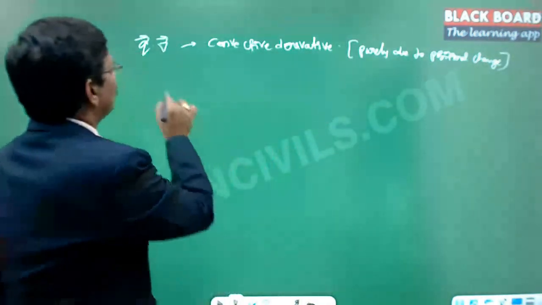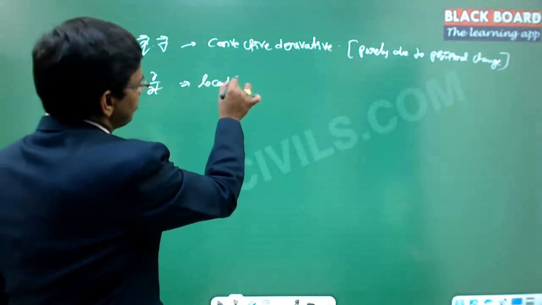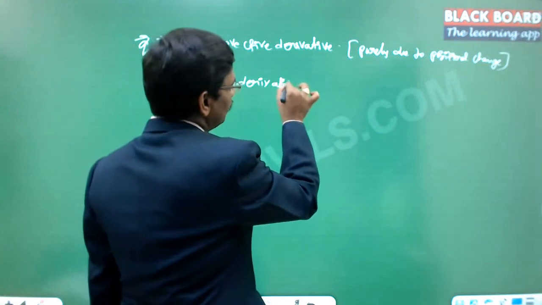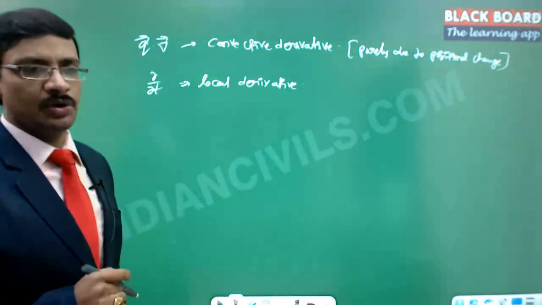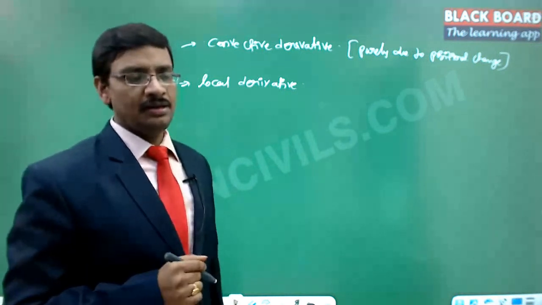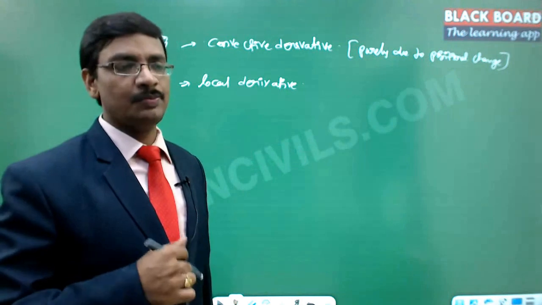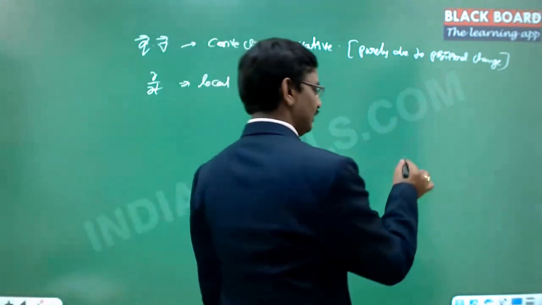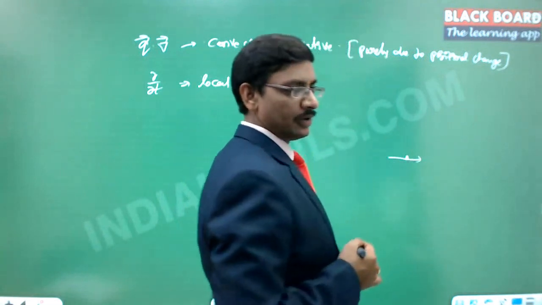And this ∂/∂t is called the local derivative. Why do we call this the local derivative? Even though there is no positional change, that means locally it is exactly the same point you want to identify, still, due to the time change, it is expected that there is a property change at the same position itself. That means if you take a single point here, one particle has crossed this particular point.